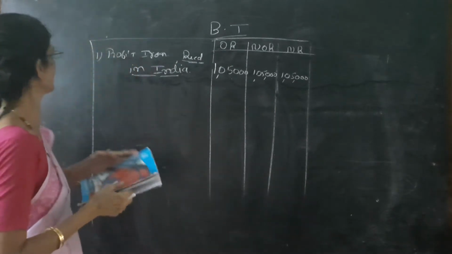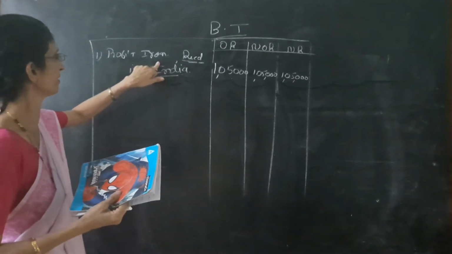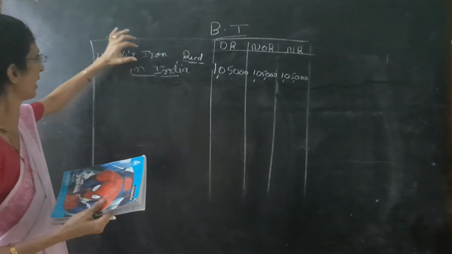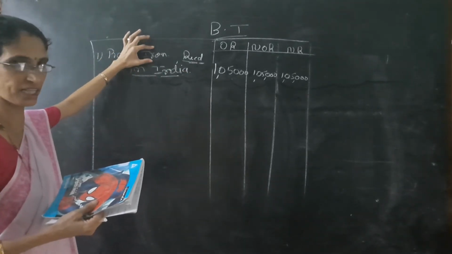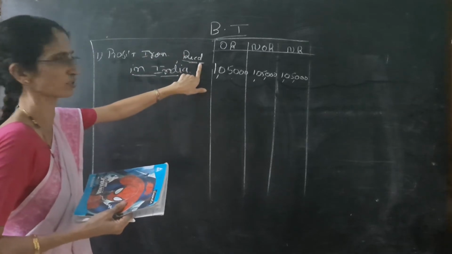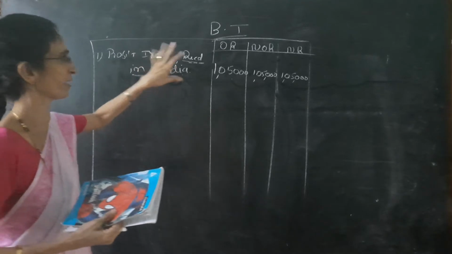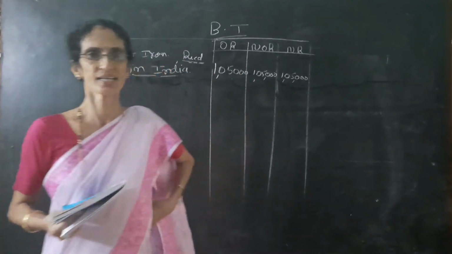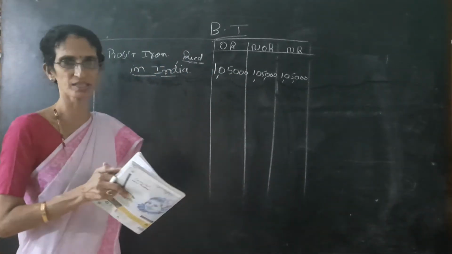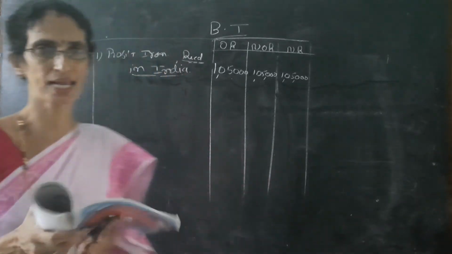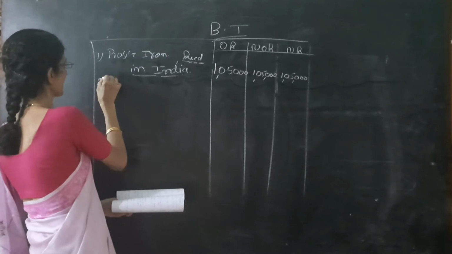So the transaction says profit from business in Iran received in India. Even though Iran is foreign, the first importance must be given to received in India. If it is any income received in India, three columns yes. So we write the amount in three columns: same 1,05,000, 1,05,000, 1,05,000.